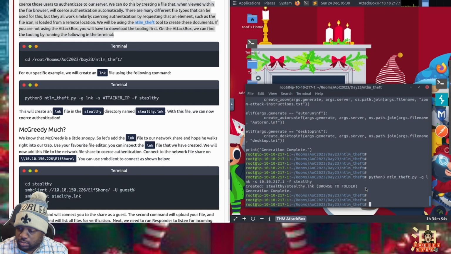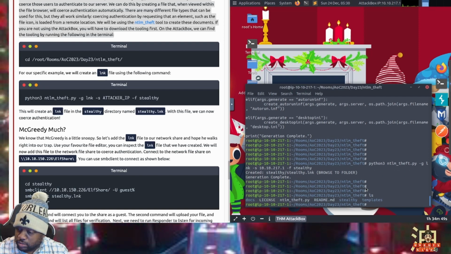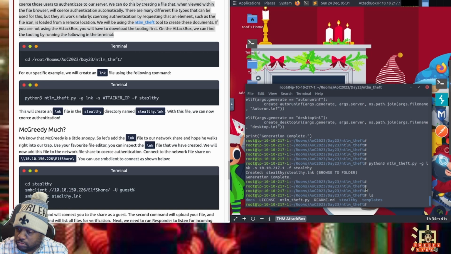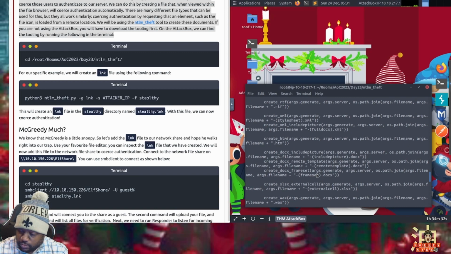All right, generation complete. It's ls stealthy. Okay, so this is our file.